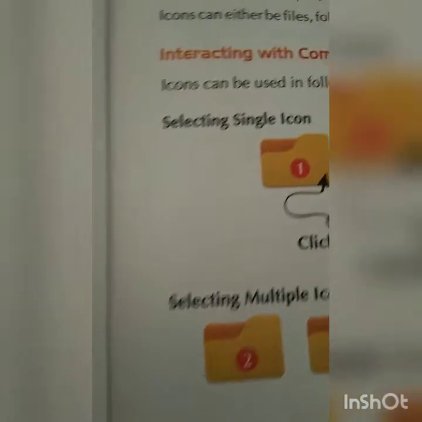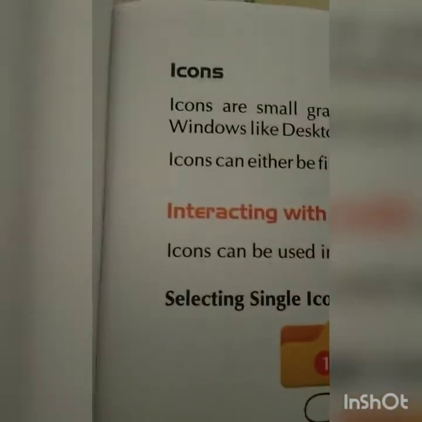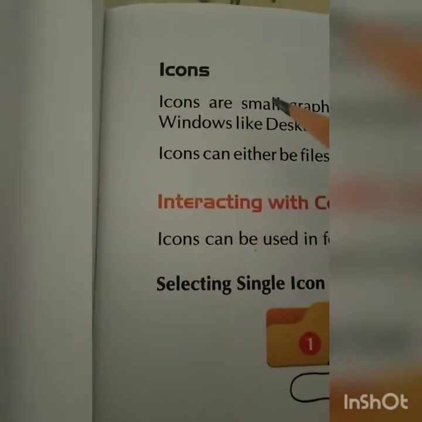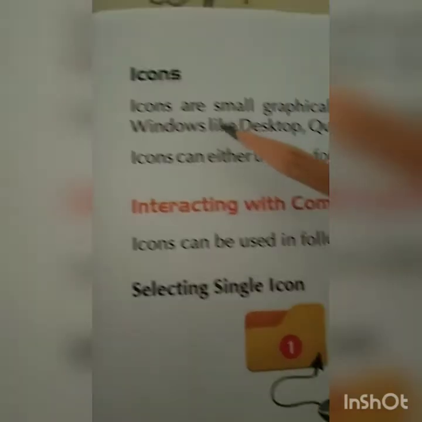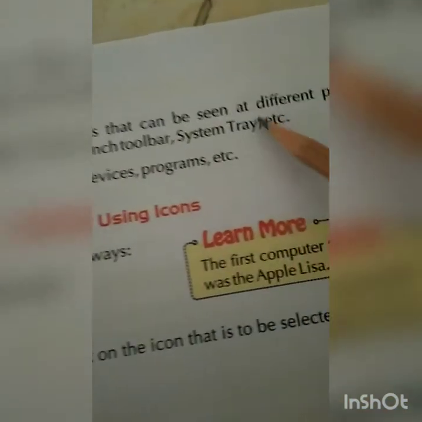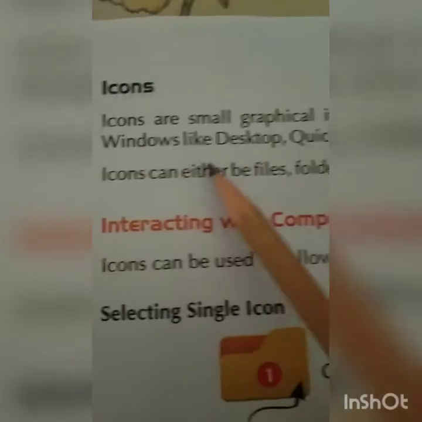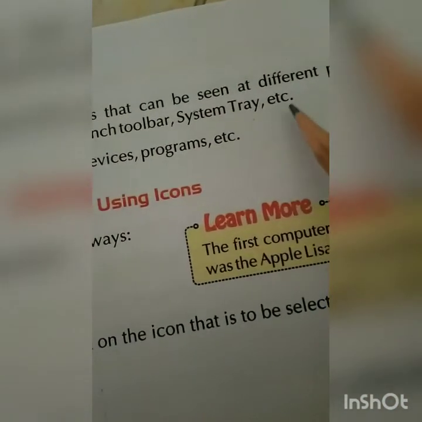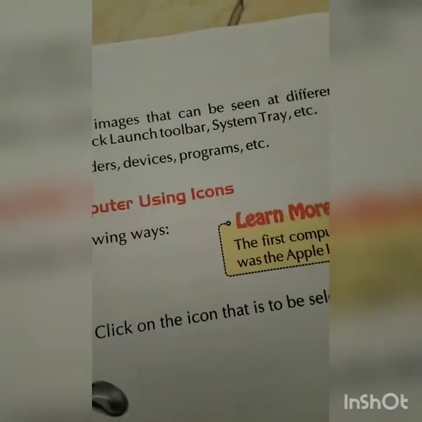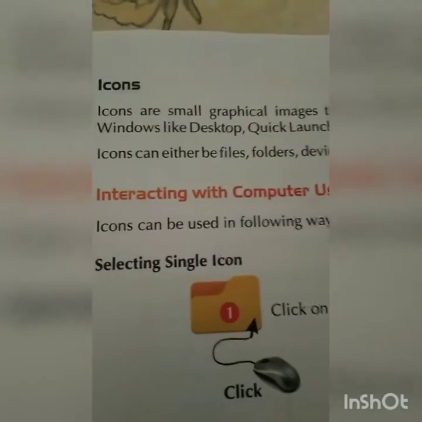On page number 27 the first component is given, that is, icons. Icons are small graphical images that can be seen at different places of Windows, like the desktop, quick launch toolbar, system tray, etc. We already did in the previous chapter what the quick launch toolbar, system tray, and desktop are.